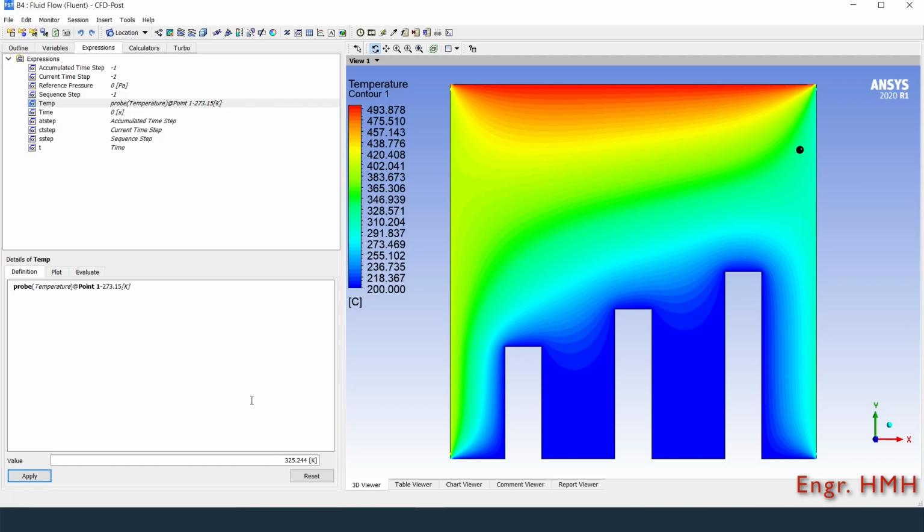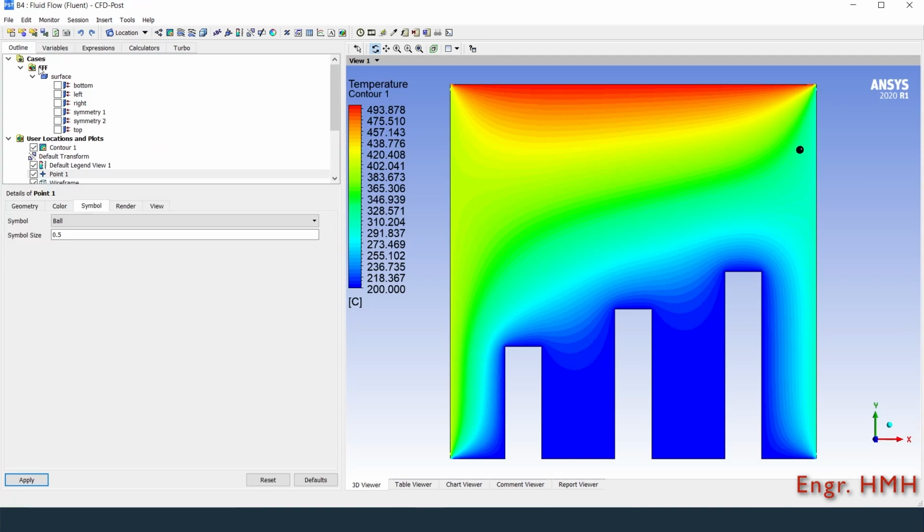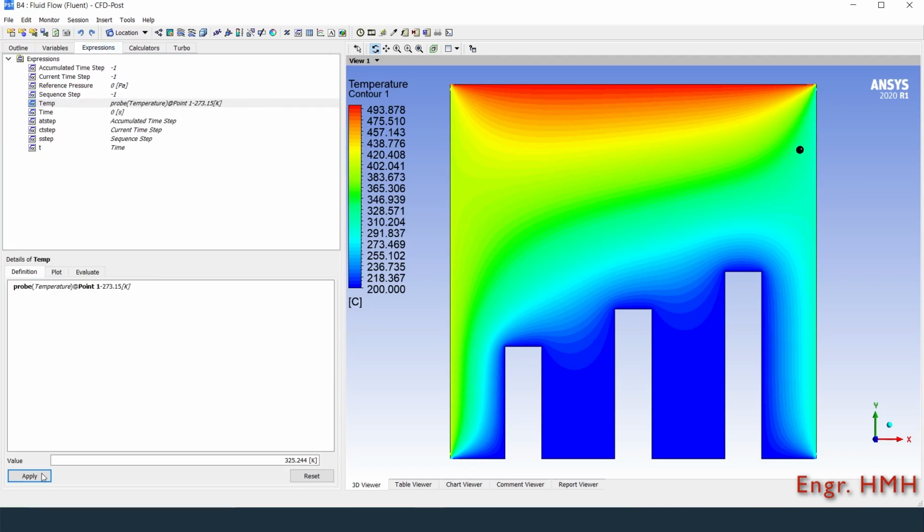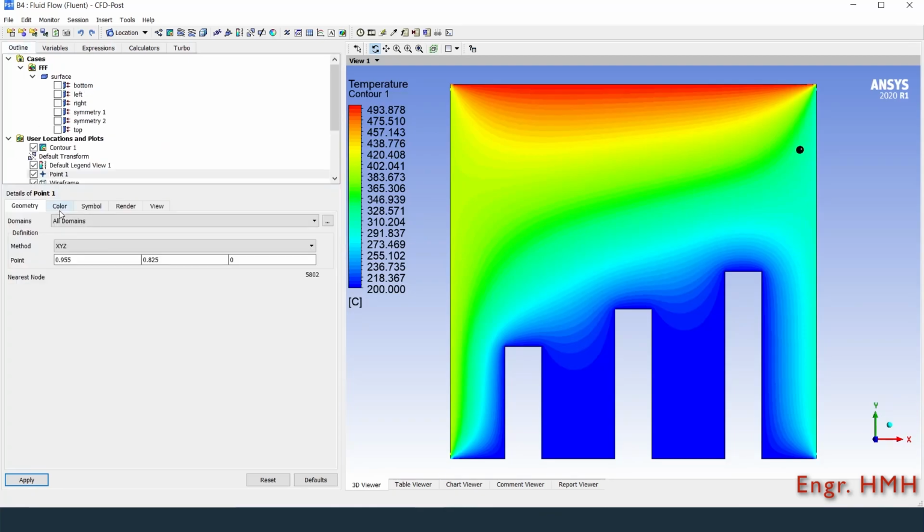Similarly, we can measure the temperature value at any location by just changing the X and Y position and re-evaluating the temp expression. Let's evaluate for another point. Change the x value to 0.055, the y value to 0.135 and click apply.